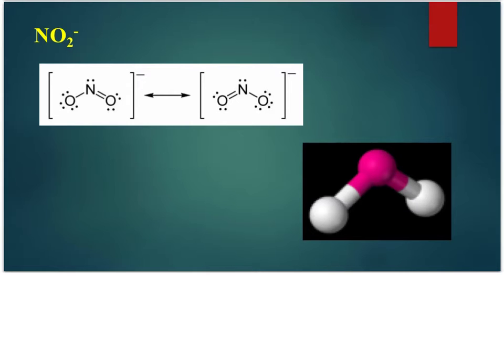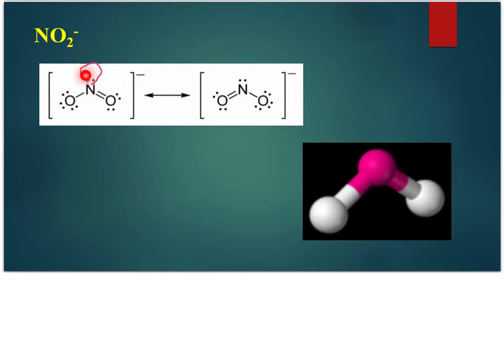NO2. Again, we have a resonance structure for NO2. Now we look at our bonding groups. Nitrogen is our central atom. That's 1, 2 bonding groups. Now we have a lone pair on the central atom. So the lone pair is going to push the bonding groups as far apart as possible because the lone pairs are going to occupy a lot more space. So when we look at that now, 2 bonding groups, 1 lone pair, we have a total of 3 areas